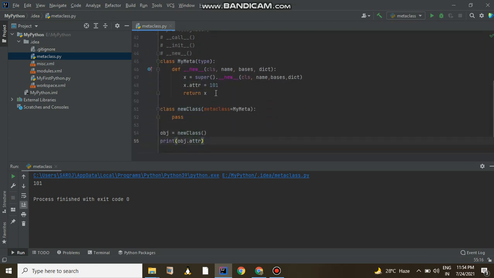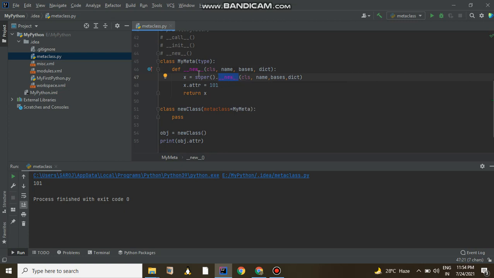So 100 is the attribute which we customized inside our new method, which is used to invoke the new method of type, which actually helps to create a class.